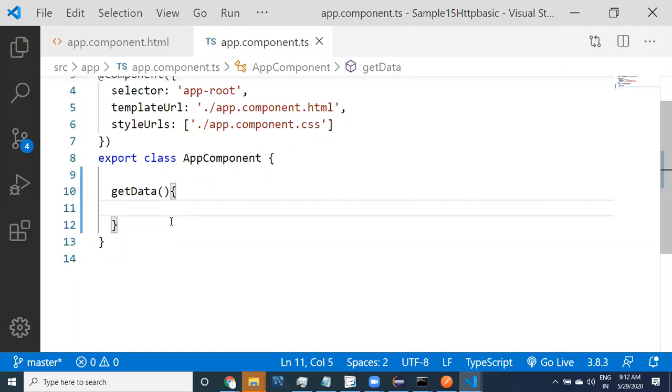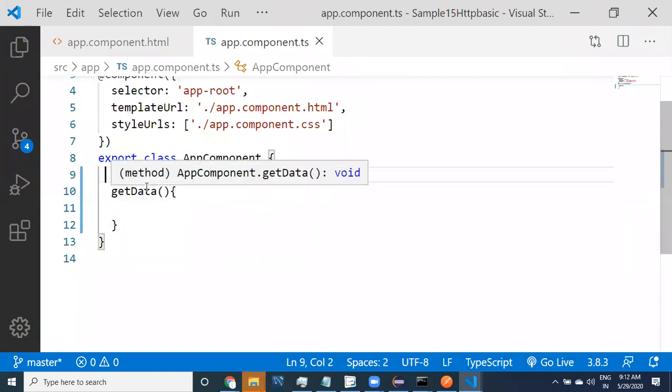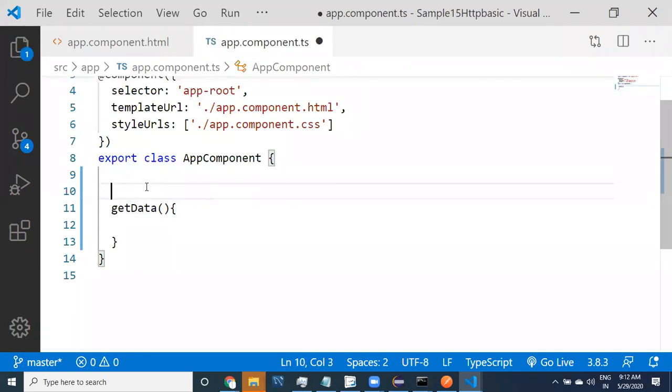Here, you don't need to create the HTTP client object. Angular is going to help us by giving that object, which is already created. Why? Because if you try to create the HTTP client object directly, there are so many dependencies required. We really don't know what the different dependencies are. You don't need to know also.